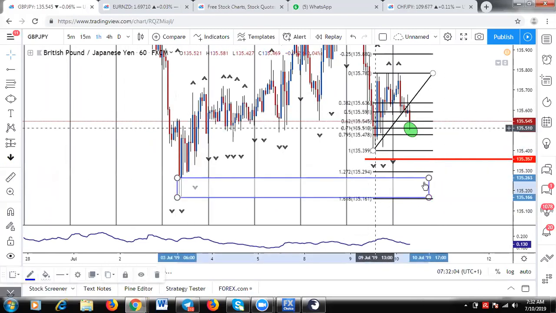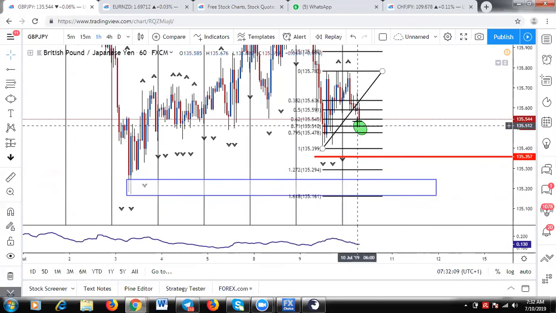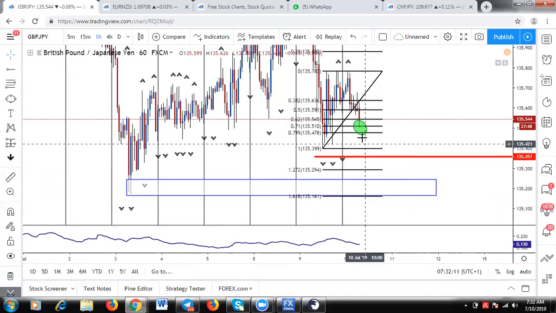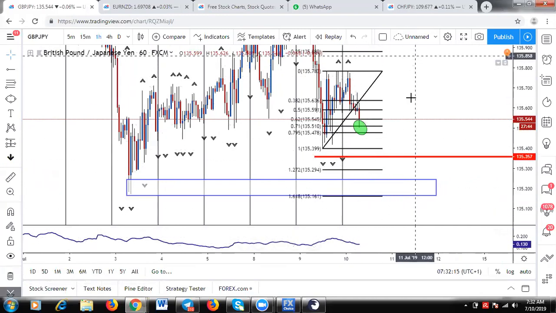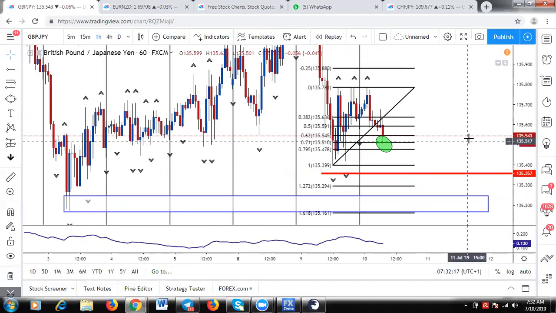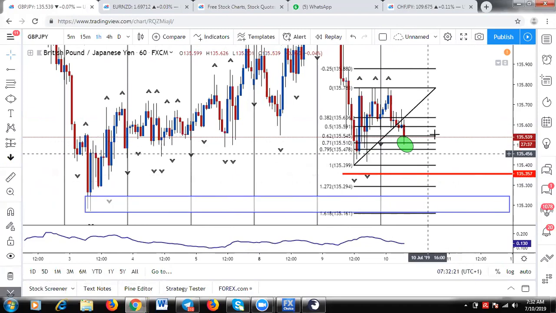Now sometimes it can, and the trade might still be valid because you can get a re-entry. It might just be a fake out, going for stops, and then they're going to push the market back up. So you just have to be smart about it. So I'm going to wait. This is GJ. I'm going to wait. It's already at my